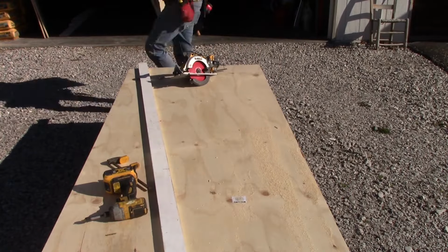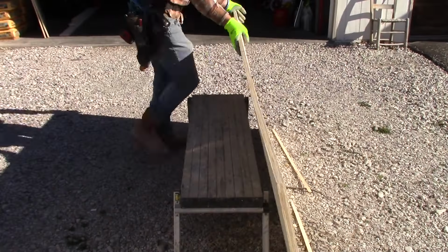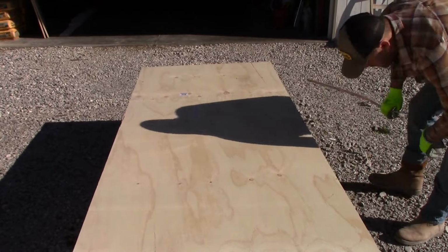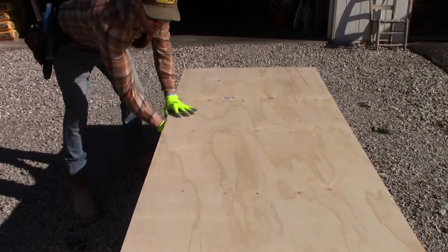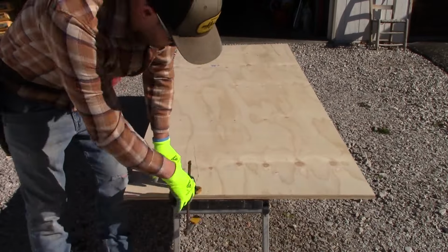So here, obviously, I'm outside in the driveway. I am marking this 4x8 sheet of plywood out for what will be all of the wood that I will make the cabinet boxes out of. This is a sheet, like I said, a 4x8. It's a laminated pine that's 3/4 of an inch thick,